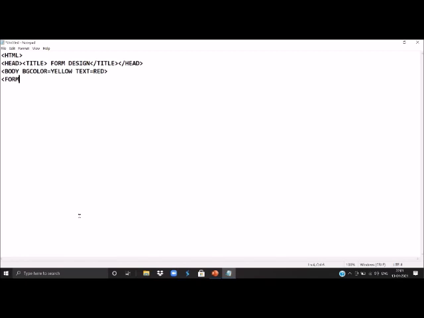And the second property is action. Action property of the form tag tells what action the form should take when the user presses the submit button. That is where the data should be submitted, where the form data should be submitted.